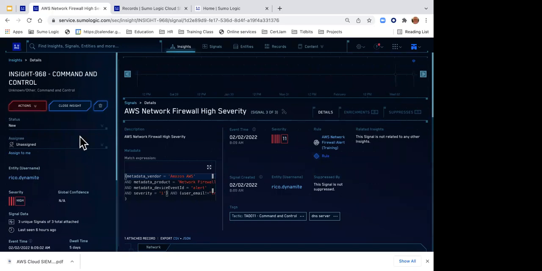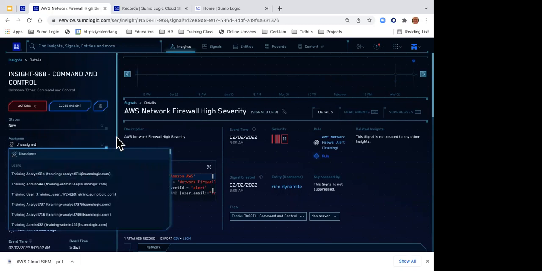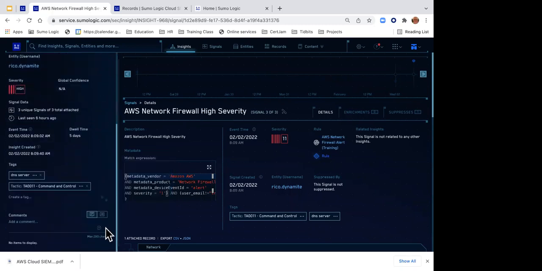So what would we do? Again, we'd assign this to somebody, and they'd investigate it just like we do. They'd put in comments and actions to take. The comments and actions they'd record are probably very company specific.